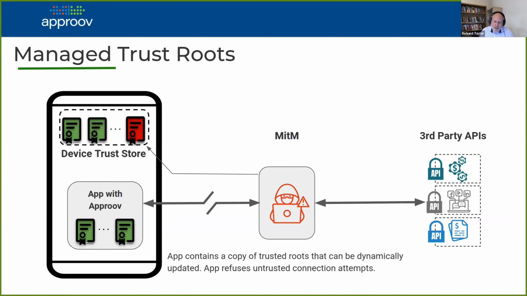These trust routes are dynamic, so essentially they can be changed at will and then dynamically updated inside the app. So there is a mechanism to basically control those trust routes. If you want to remove particular certificates or add new certificates that have been issued, then we can do that dynamically without any need to actually update the app itself.